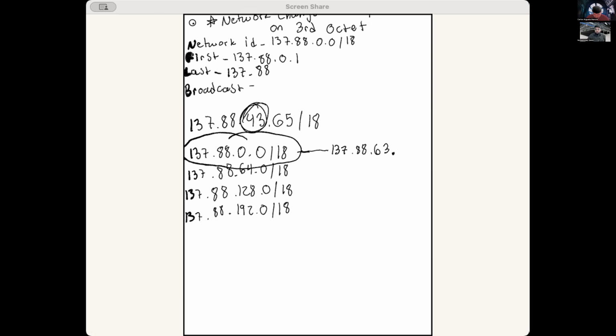So that is going to be 255 here, because all of our host bits are going to be set to 1 on that fourth octet. 137.88.63.255. Sorry, 254. Yes, right, 254. And then the broadcast will be 137.88.63.255. And with that,